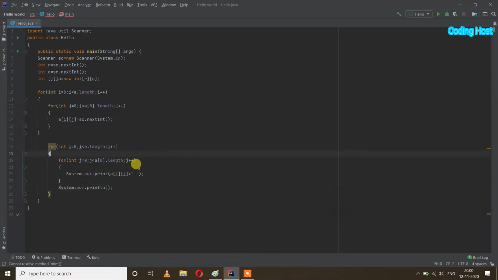Because we also want our elements to be printed in rows and columns.